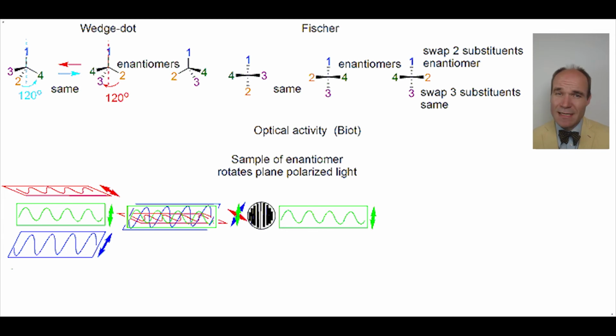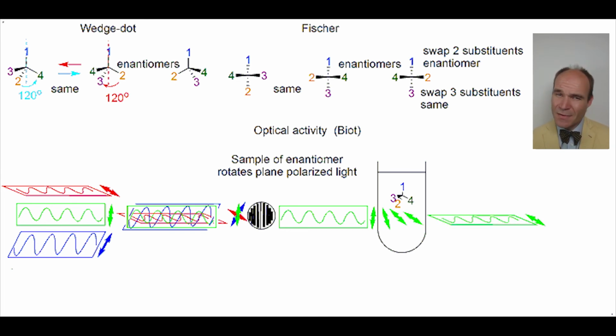The plain polarized light is passed through a solution of the sample to be analyzed. If an enantiomer, so optically active, it can rotate the plane of the light as it passes through the solution. How do we measure this? There is now a second filter. It is physically rotated until the polarized light at this new plane can pass through, and a detector then can